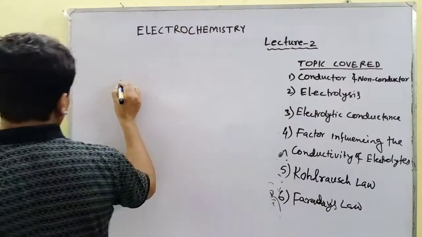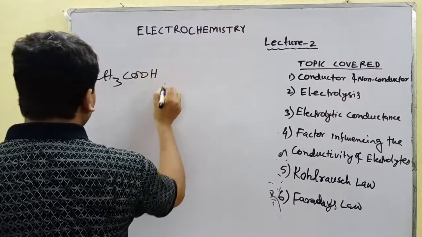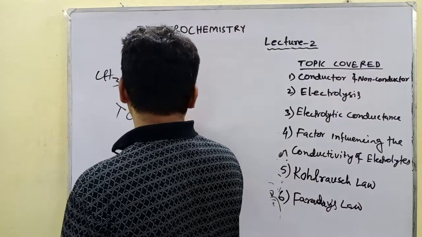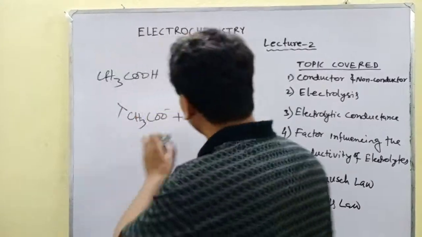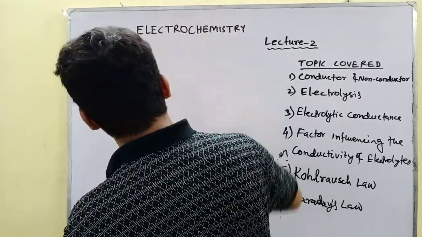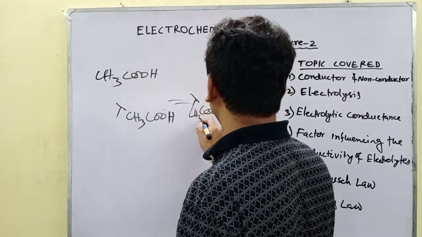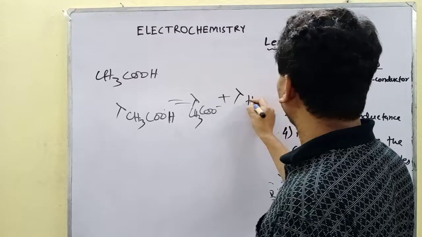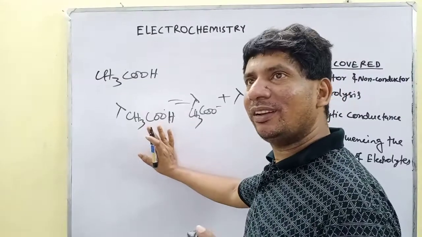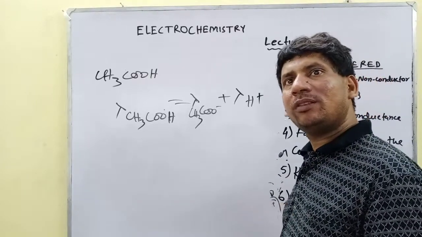For any electrolyte, like acetic acid, the conductance of acetic acid equals conductance of acetate plus conductance of H plus at infinite dilution, but it is not at any condition, it is only at infinite dilution. Okay, or for strong electrolyte,